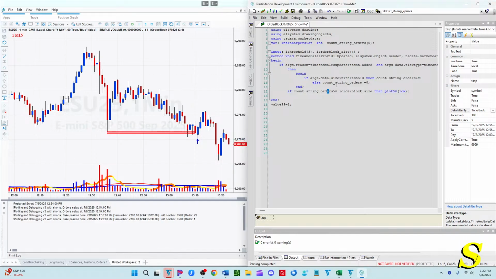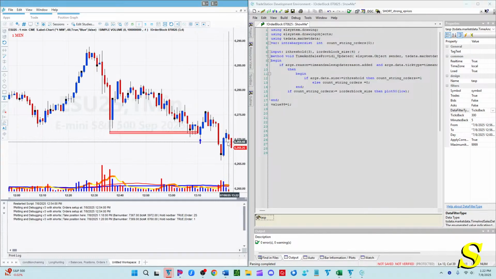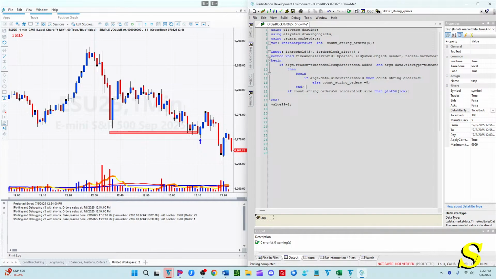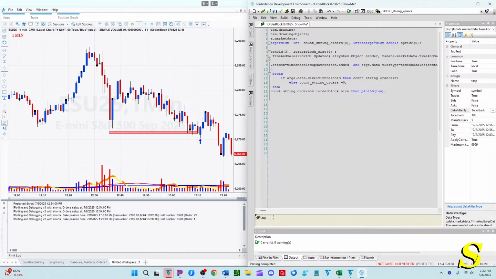All right, so what we're going to do is, if that's true, if R then count string plus equals 1. On the last bar, whatever the price was on that last order of greater than 3, we're going to hold that price. So it's going to be interbar persist also, because this is happening within the bar or within the method. Interbar persist, this is going to be a double and be hold price. Okay, so if we have this, else count string orders equals 0. Okay, if count string orders